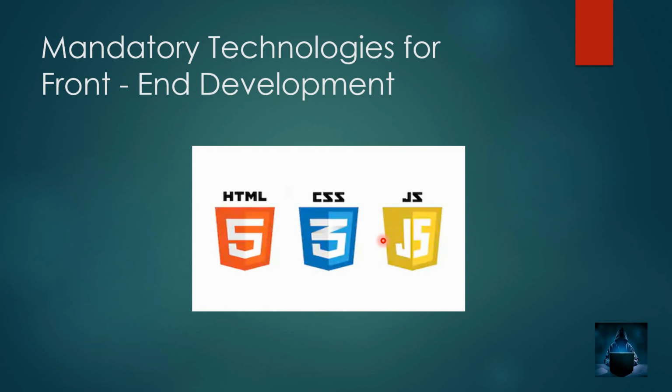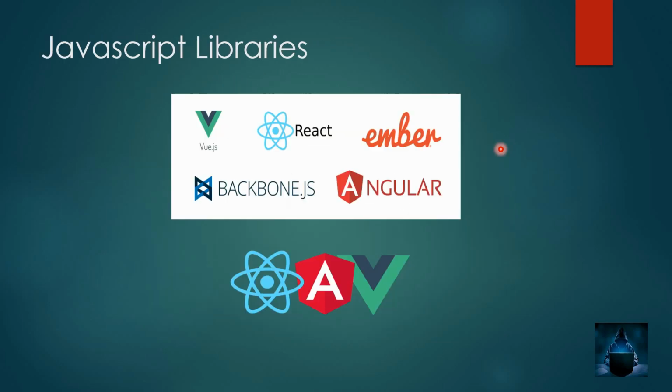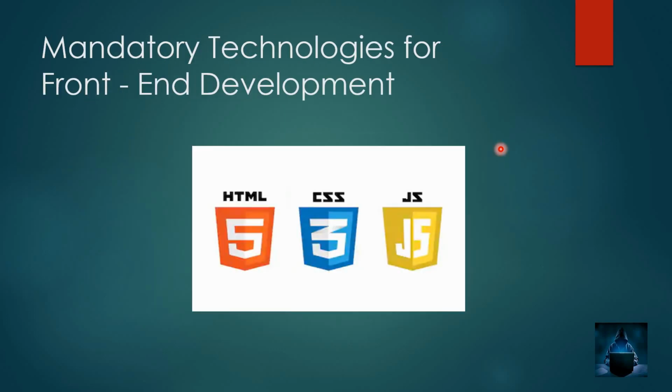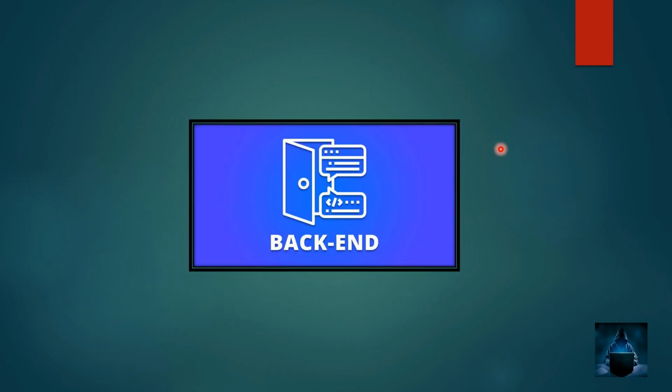Next are the mandatory technologies which you have to learn before starting with front end. They are HTML5, CSS3 and JavaScript. These are the three main languages or technologies which you have to be familiar with before going into any of the web technologies, right? Along with this, we also have many technologies, like PHP, Laravel, and Ruby on Rails. We can opt for any technology, but whichever we opt for, the key part is learning front end development.